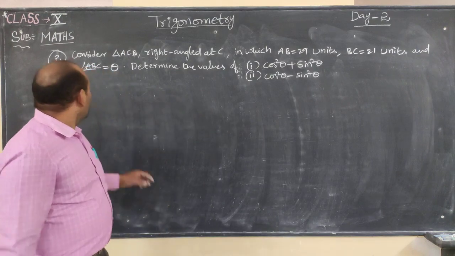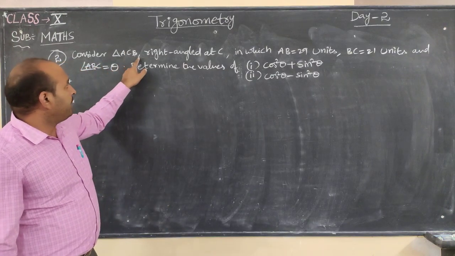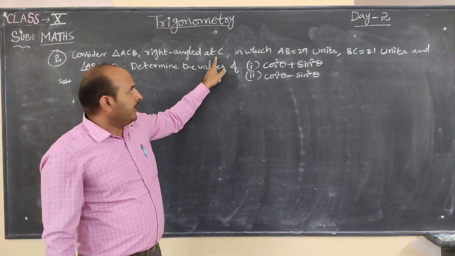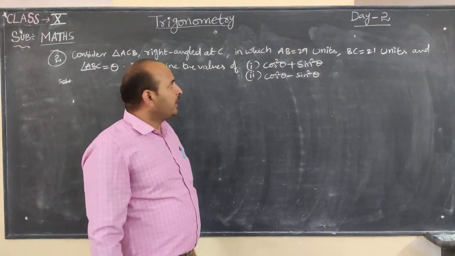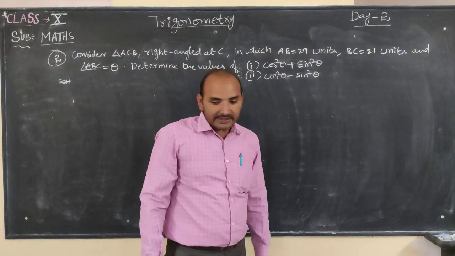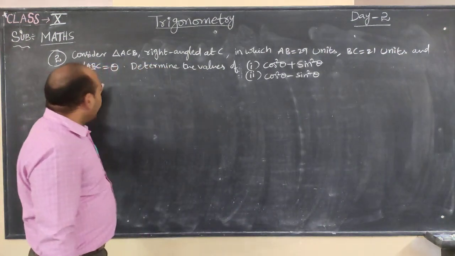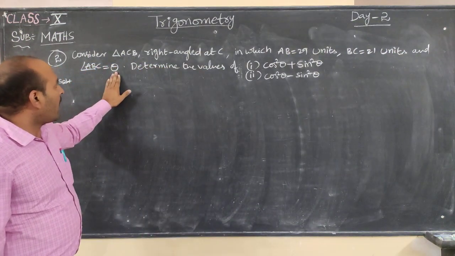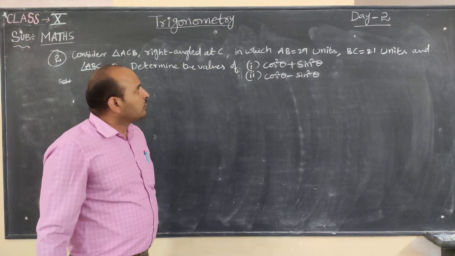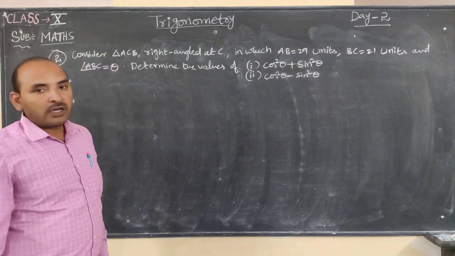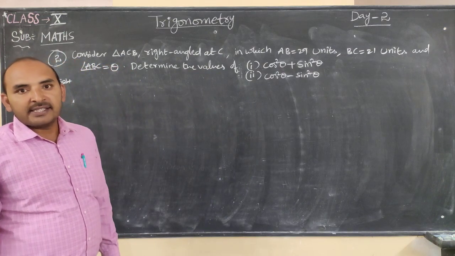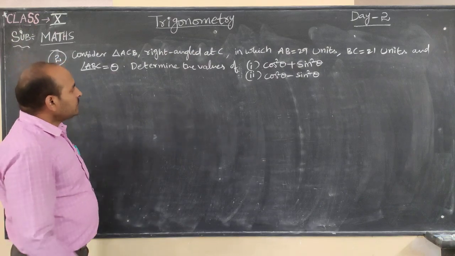Next problem. Consider triangle ACB, right angle at C, in which AB is equal to 29 units, BC is equal to 21 units, and angle ABC is equal to theta. Determine the values of cos square theta plus sin square theta, and cos square theta minus sin square theta. So here,